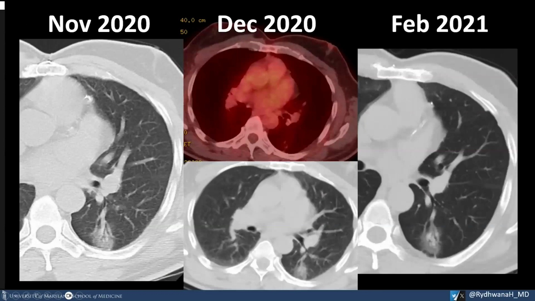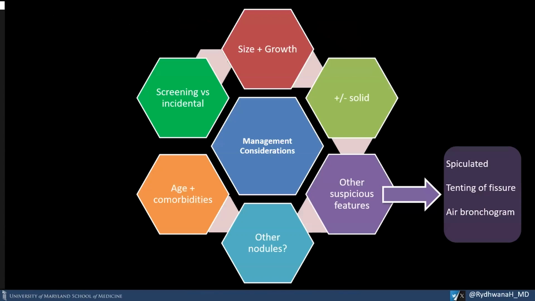So here's a case of a patient who presented with a purely ground glass nodule in the left lower lobe. You can see that a PET CT was ordered for this patient 1 month later with no FDG avidity associated with this nodule. However, 2 months later, the patient had a follow-up chest CT scan, and you can see there's now been interval development of a solid component within the center of this previously completely ground glass nodule, with now also spiculation and pleural tagging. So now this nodule is obviously very suspicious and needs to be followed up frequently.